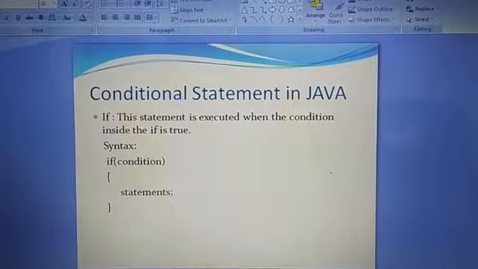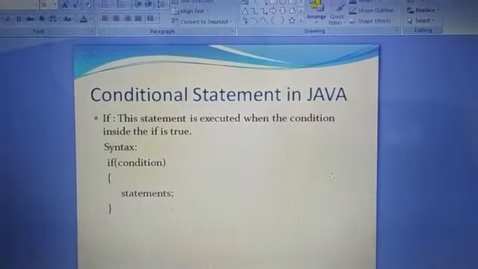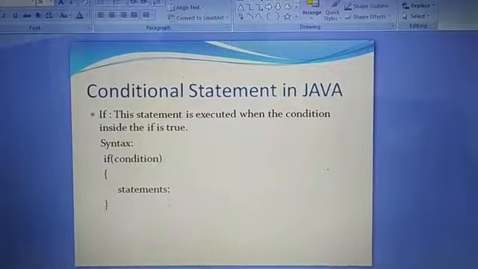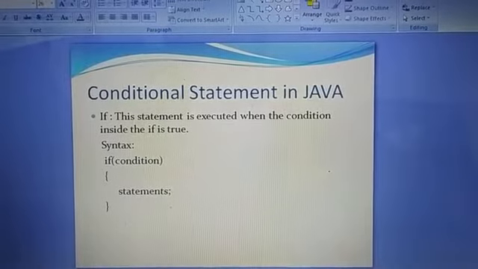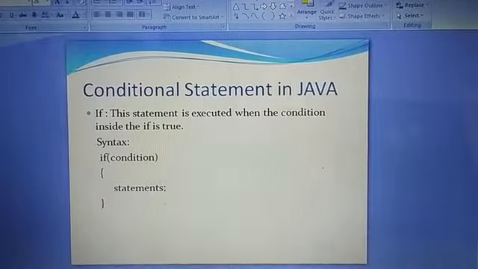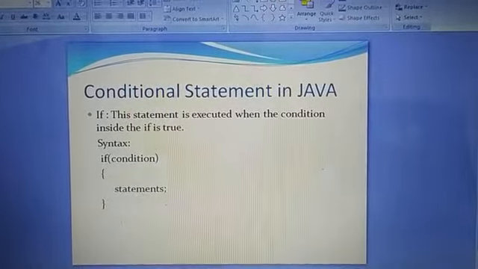There are many conditional statements like if and switch. Now we will start with the if statement. This statement is executed when the condition inside the if is true. Here the syntax is given: if, then the condition.